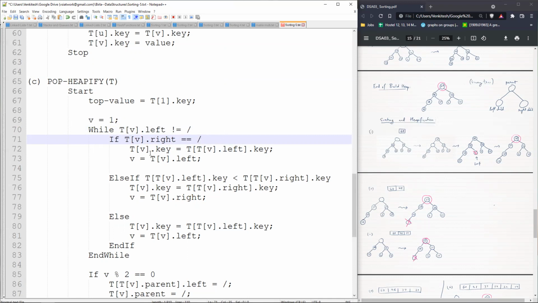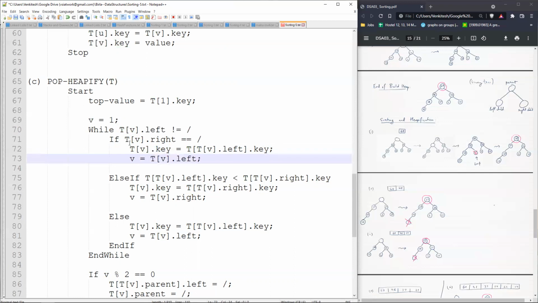So T[v].key gets replaced with the key value at T[v].left, which is T[v].left.key. The new value at T[v].key is equal to the key value at its left child. So we replace that value, and then the pointer goes down to the left child, which means v changes to its left child pointer, T[v].left.